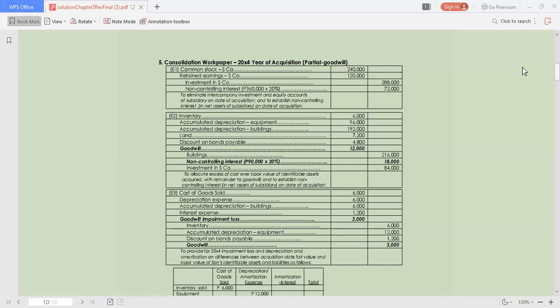And accumulated depreciation of the building account by 192,000. We debit land for the undervaluation, debit discount on bonds payable,